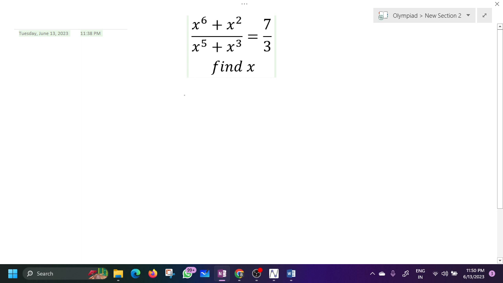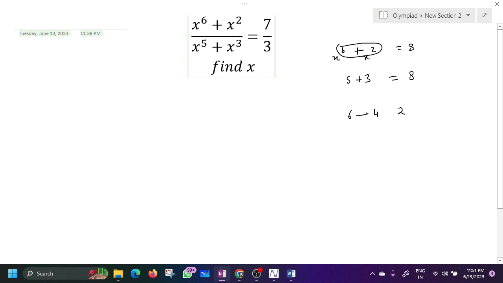So what we need to do here is see some signs. In the numerator two terms are written, x power 6 and x power 2, and the powers on both of them add up to 8, and in the denominator also the powers 5 plus 3 is equal to 8. So in both the numerator and denominator, the total power is 8, and the midway between 6 and 2 is 4.